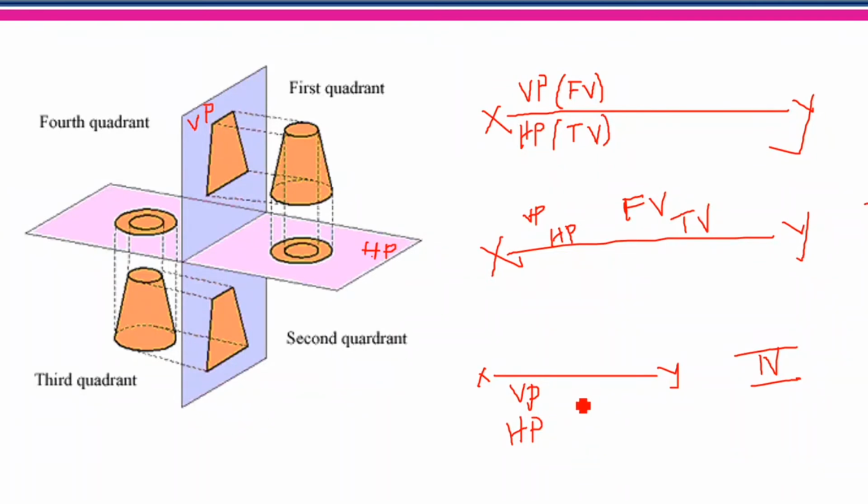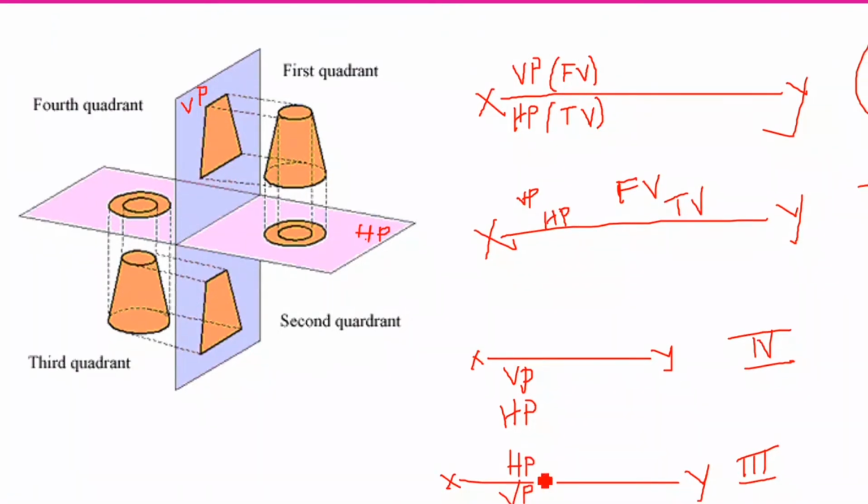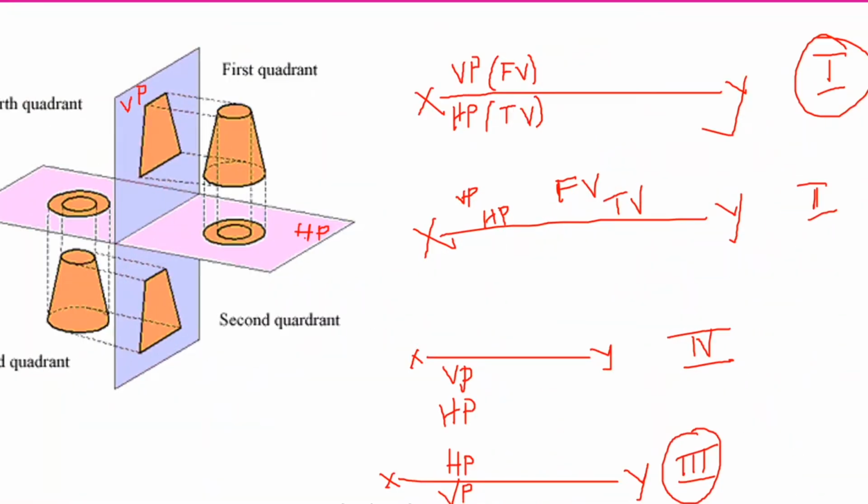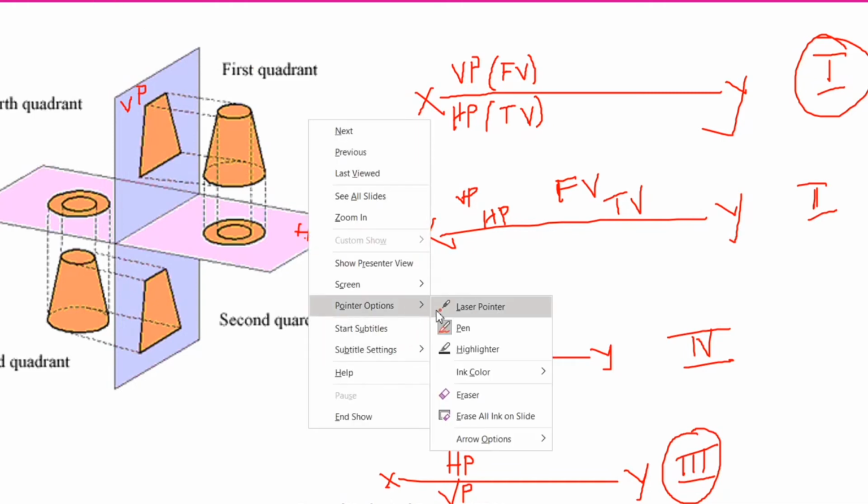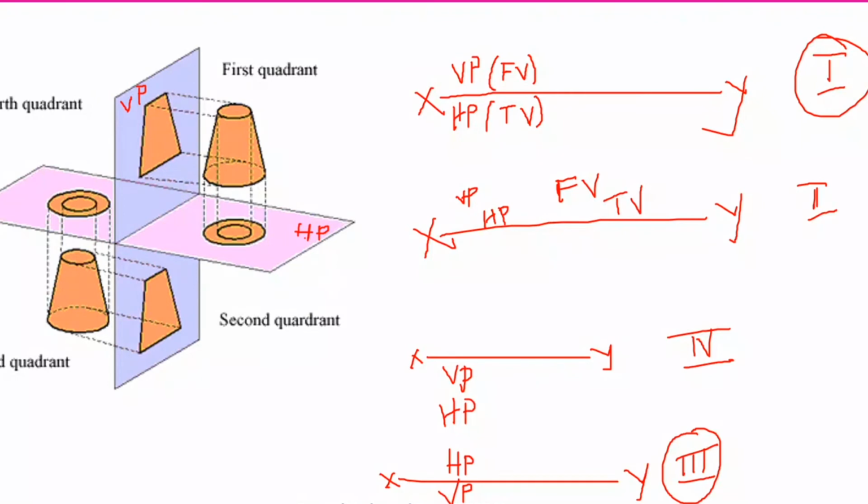Again, if the views are overlapped, your understanding will not happen. So where is it separated? It is separated only in the first quadrant and also in the third quadrant. In the third quadrant, one is written above, one is written below. This happens only in quadrants 1 and 3. So that is what we mention as first angle and third angle projection. These are some of the basic things you need to keep in mind.